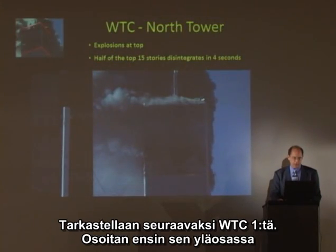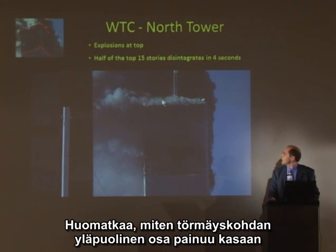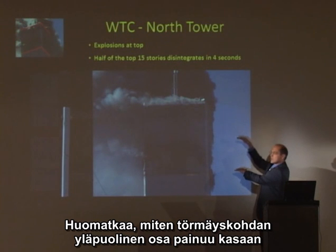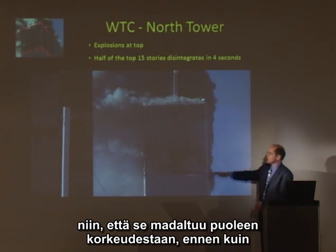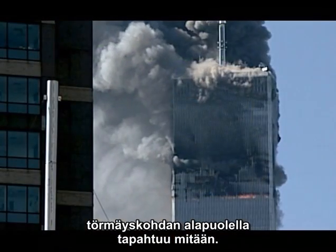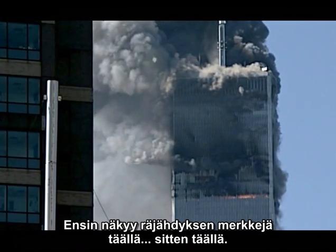Let's look at the North Tower now. What I want to point out to you is that you're going to see some explosions up at the top of the building, curiously enough. And what's going to happen is this entire section is going to telescope such that half of it, its upper half, is destroyed before there's any movement from the jet plane impacts down. Let's take a look. Here's the first evidence of explosion, and then over here,